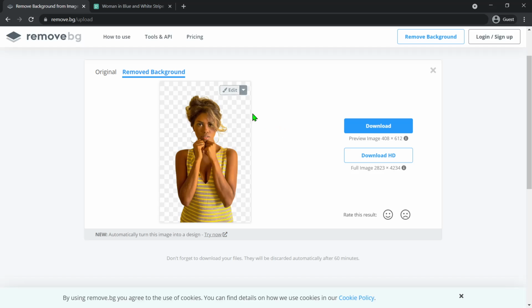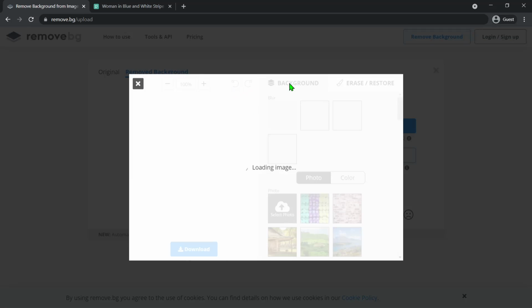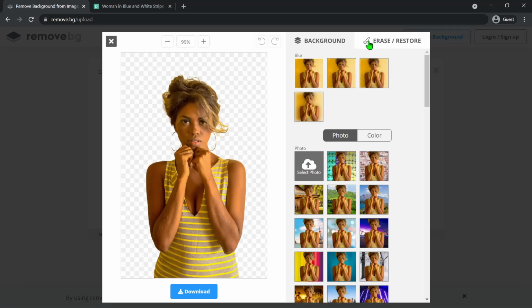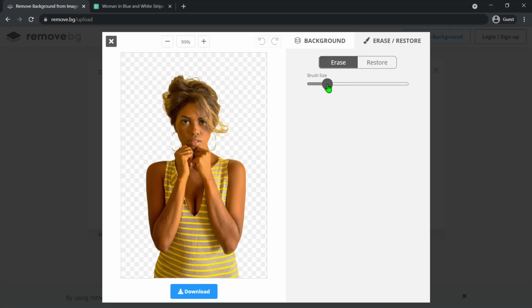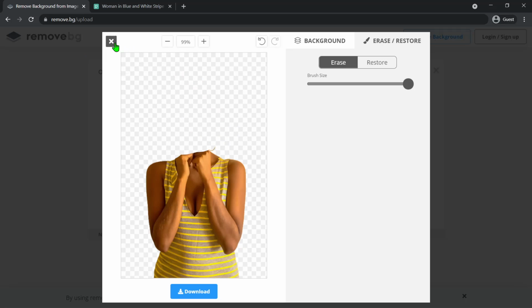Also, sometimes there are some errors in the automatic removal of the background, so you can erase it manually and also restore if you want. See, you can erase and restore manually. So I found that very interesting.